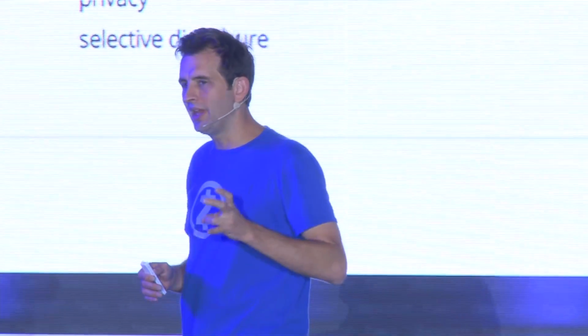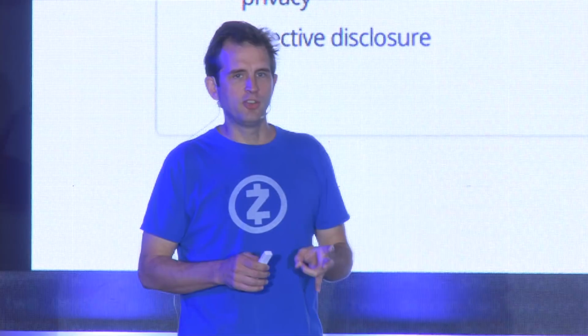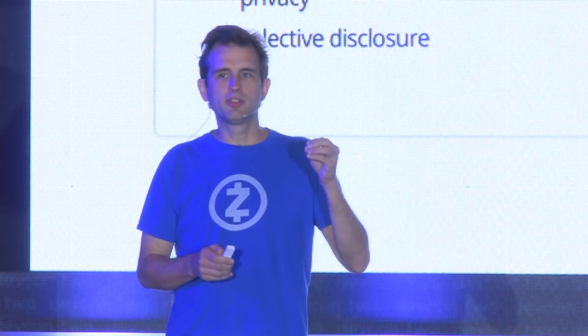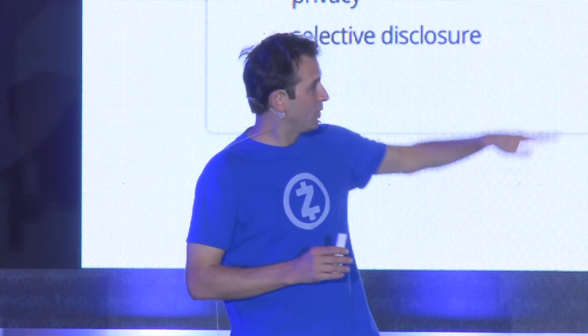With Zcash, you can append data to the blockchain, and that data is encrypted. So by appending it to the blockchain, you're not revealing it to everyone in the world. But if you selectively reveal it to a certain person, that person gets to see that data in the single source of truth in the canonical blockchain. So you get the append only and canonicity properties. You can't change your story later, and you can't tell one story to one person and a different story to a different person. But at the same time, you have control over who sees the data.